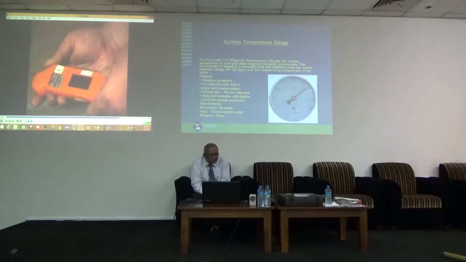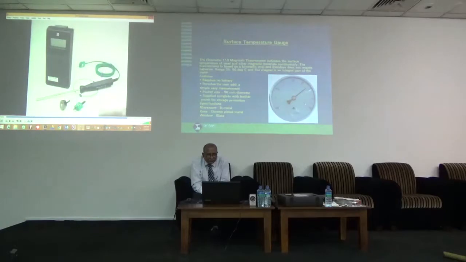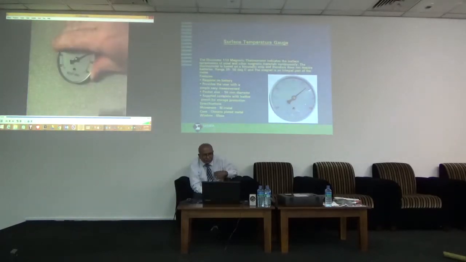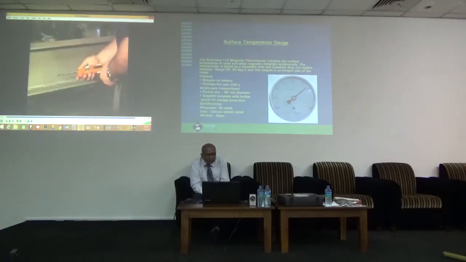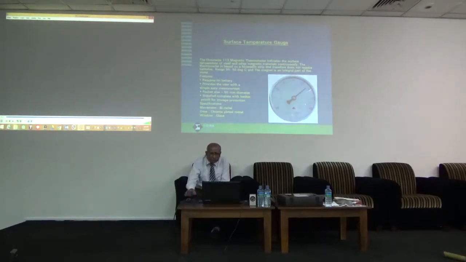Always check the gauge for damage to the probe prior to use, and ensure that the gauge is correctly calibrated if necessary. To summarize, check which type of gauge you're going to use for assessing the steel temperature. The magnetic type of gauge is simply positioned on the steel surface and left for 15 to 20 minutes to stabilize. The electronic or digital steel temperature gauge is switched on, visually inspected, and placed on the steel surface. The steel temperature should be recorded whichever gauge is used.